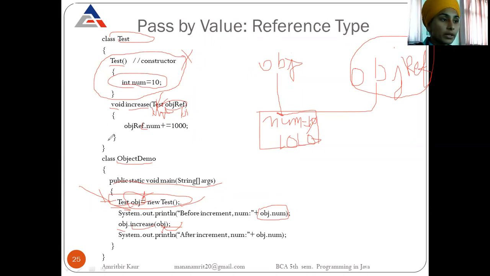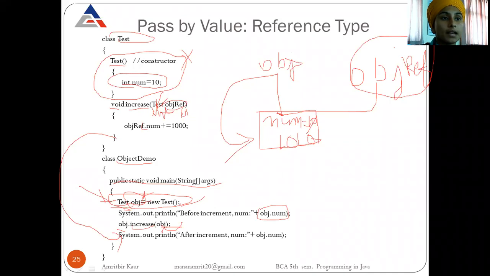When this method completes, control goes to System.out.println, and after the increment it has to display obj.num. So this value will also be displayed. So the modification is reflected here in the case of reference type.